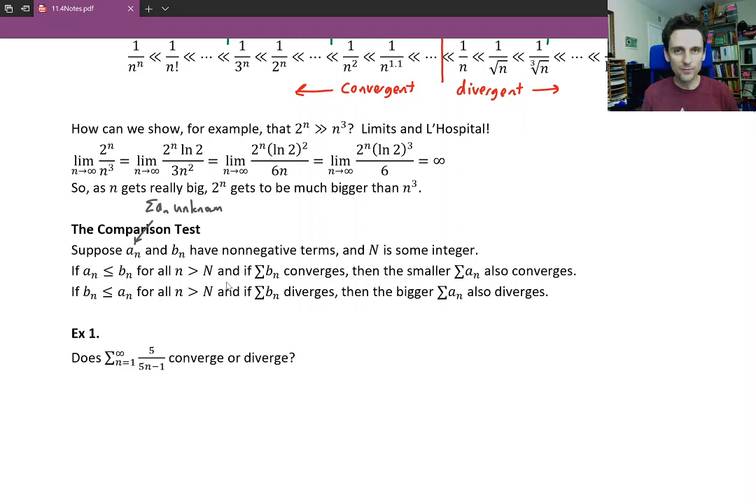We don't know if this converges or diverges. This is the series that will be handed, we'll be given this series. So this is given. The b sub n series